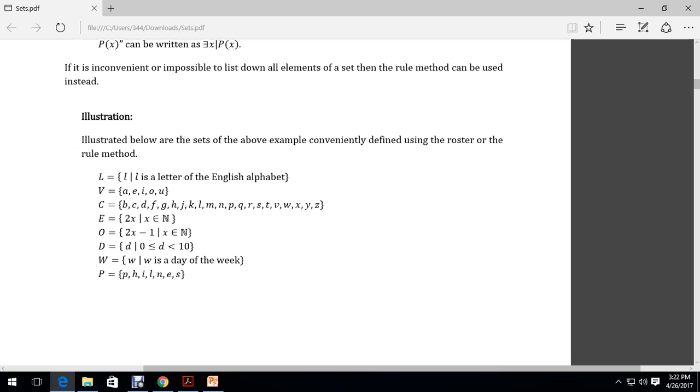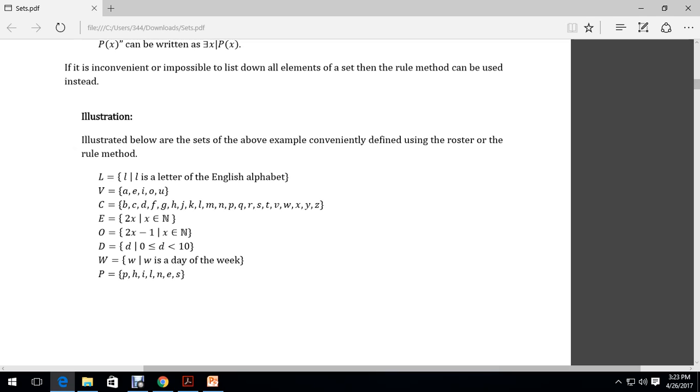So again, if we instantiate it using the first instance, x equal to 1, plugging it in the expression 2x minus 1, that would give us 2 times 1 is 2, minus 1 gives us 1, which is exactly the first element of set O. Now, if we let x equal to 2, that would be 2 times 2, 4, minus 1, that gives us 3, which is the second odd integer in the set O. And we proceed and so on as we include all the values for x and define O as such.